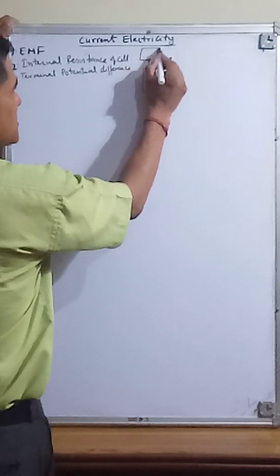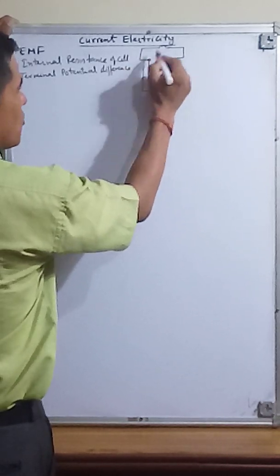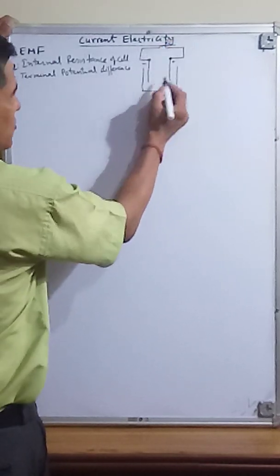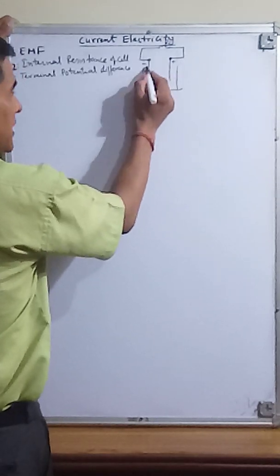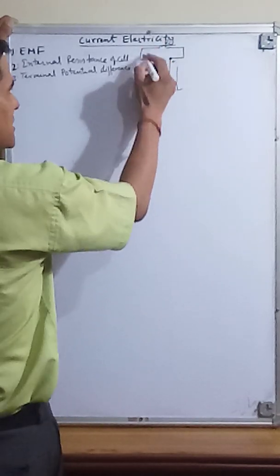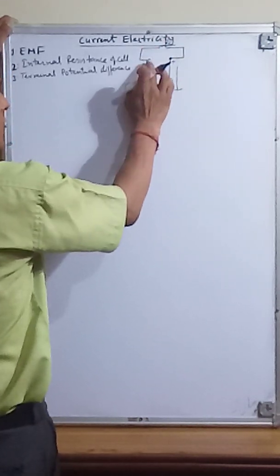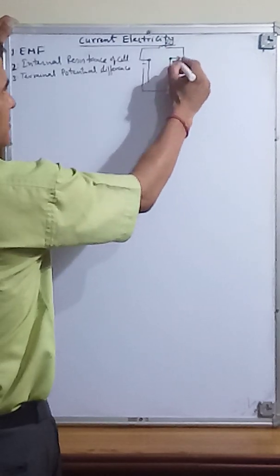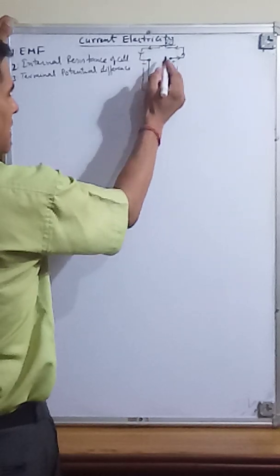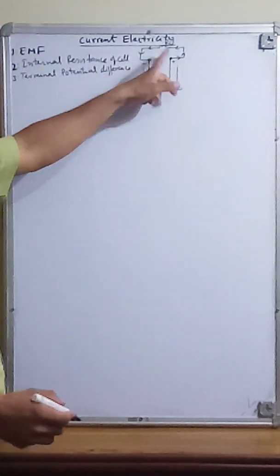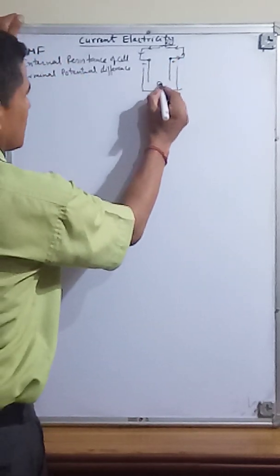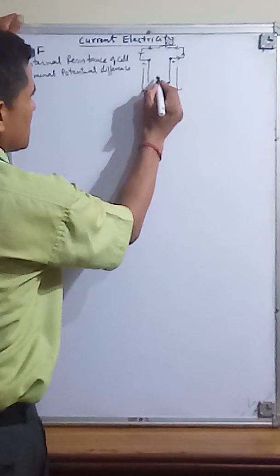Suppose this is a bulb, an external resistance. If you want to take current from the cell, you have to attach a bulb like external resistance R. Now this negative electrode has an excess of electrons, and this positive electrode has a deficiency of electrons. As you connect the external resistance, electrons start flowing from negative to positive. So the conventional direction of current will be from positive to negative. In the closed path, in the outer circuit electrons flow, and inside the cell ions flow: negative ions toward the positive terminal, and positive ions toward the negative.